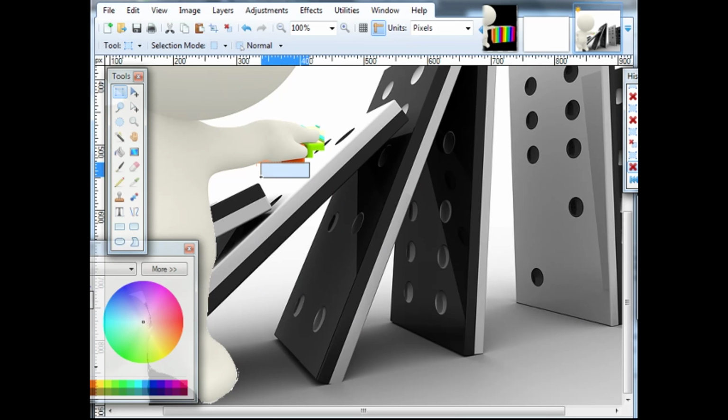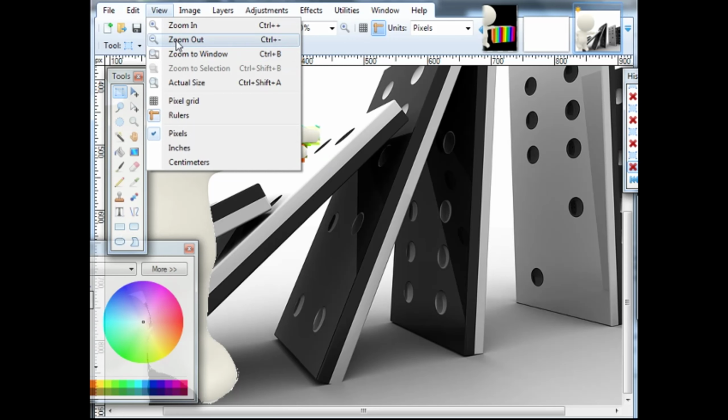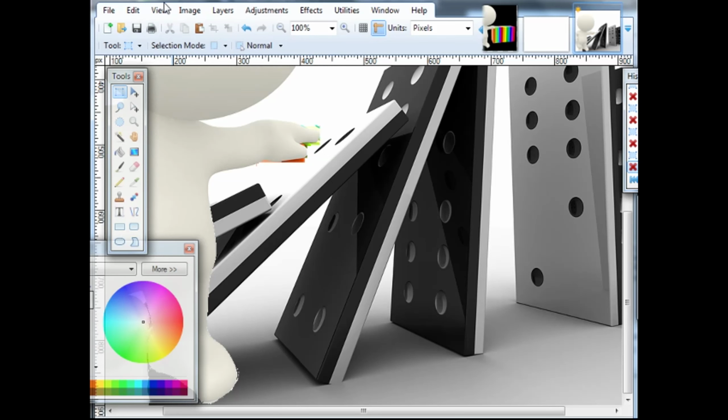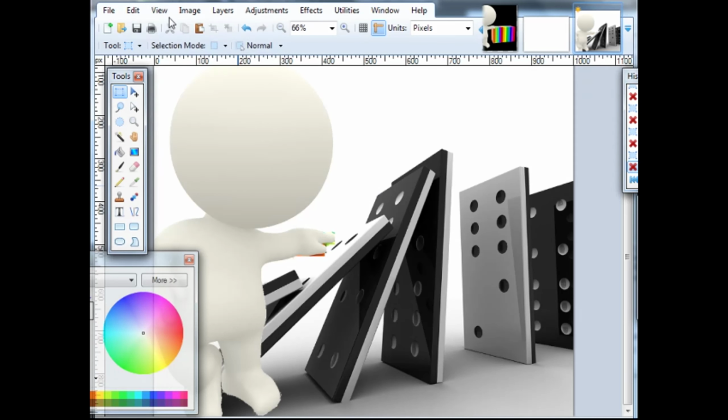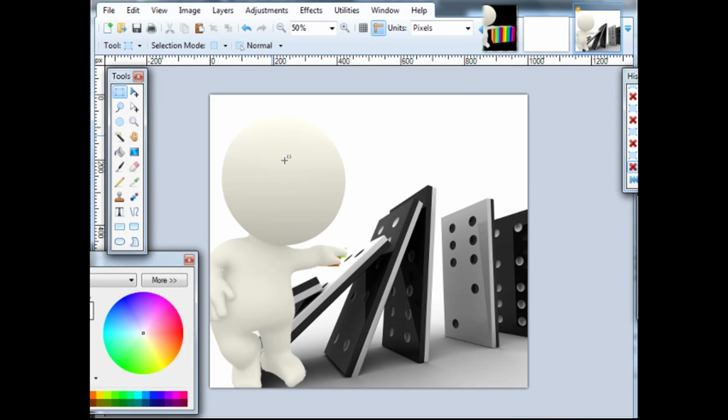And as you can see here, that's the way to go. And I'm just going to have to go inside and do some tweaks and delete those things around his hand. But if I zoom back out, actual size,